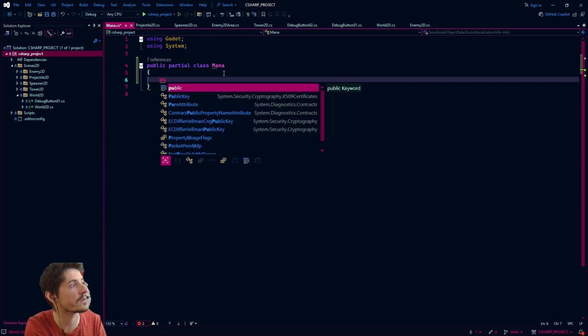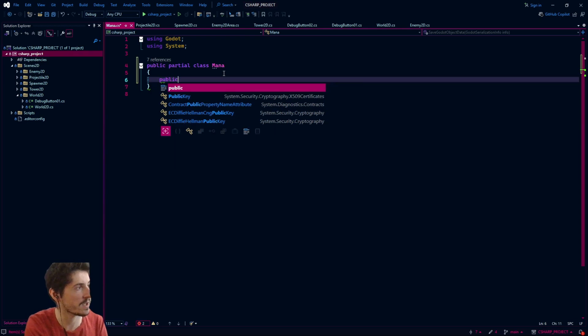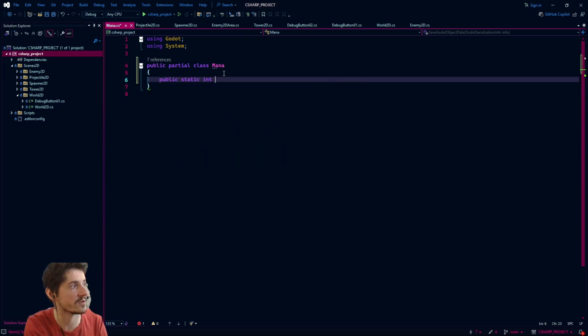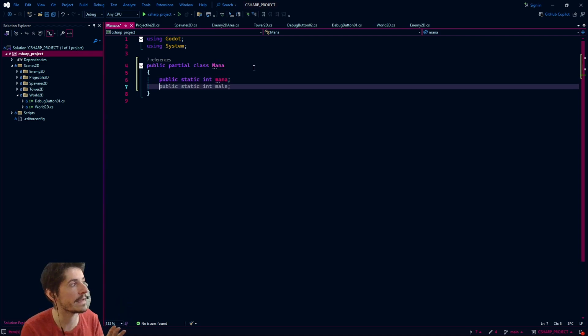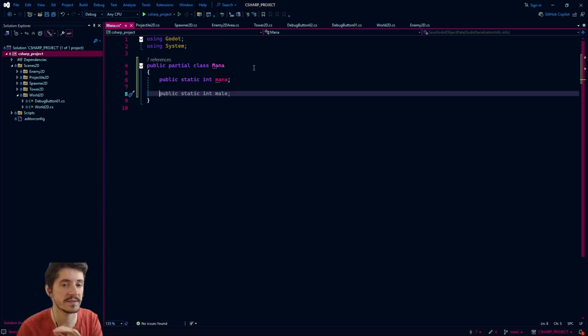So let's create our first property here, which is going to be the amount of mana the player has. It's going to be a public static integer. Let's make it an integer, and we're going to name it mana, with a lowercase for the value. Uppercase the class, lowercase property. And that's pretty much it, right? We just need to keep track of the mana in and of itself. So at the moment, any kind of entity can actually come, open this class, and change the mana value. Eventually, it's something that we want to disable in the future, but at the moment, let's leave it open like